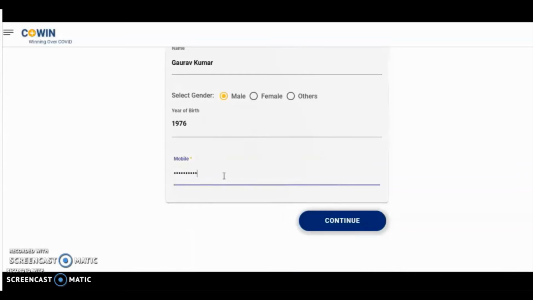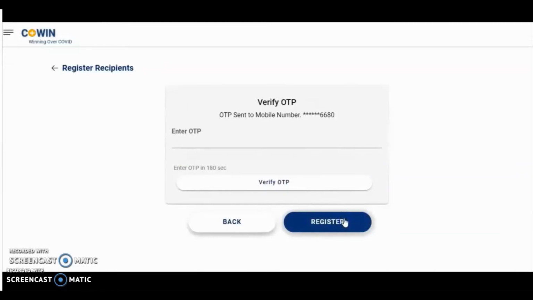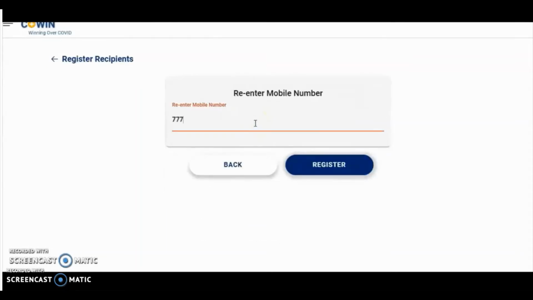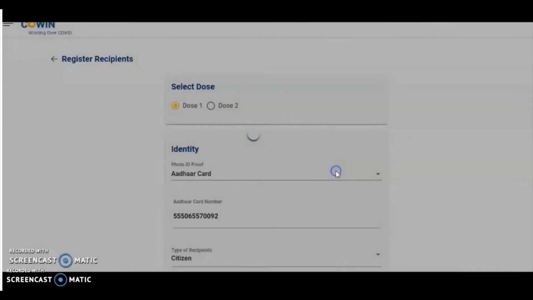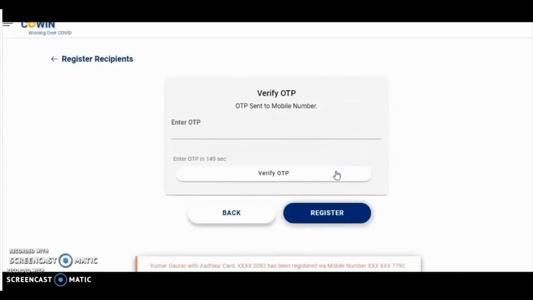Now if we try and register another beneficiary with the same Aadhaar number, the system will prompt, as you can see on the screen, that Mr. Kumar Gaurav with so and so Aadhaar card and mobile number is already registered. So multiple registration with the same Aadhaar number or any other photo ID cannot be done.